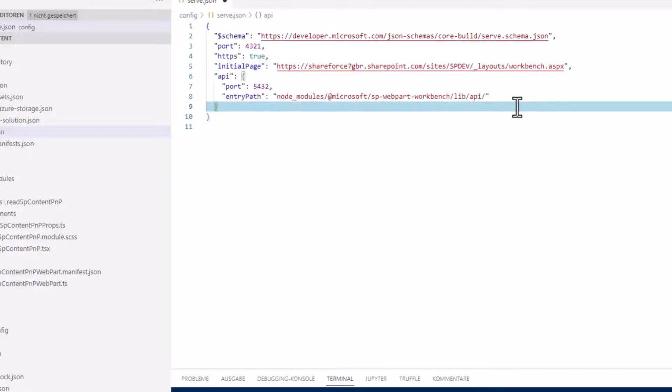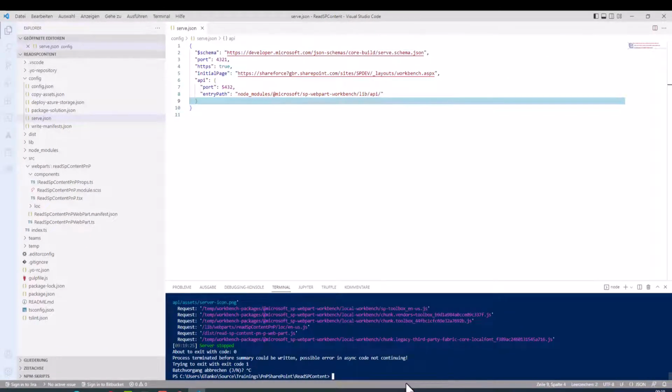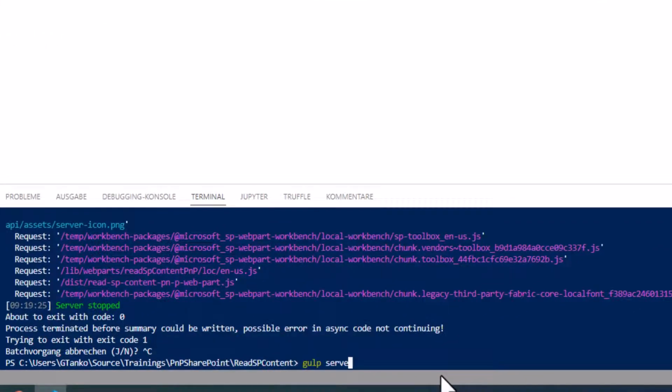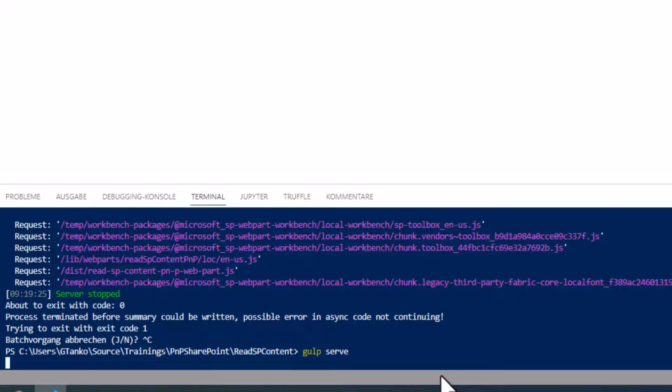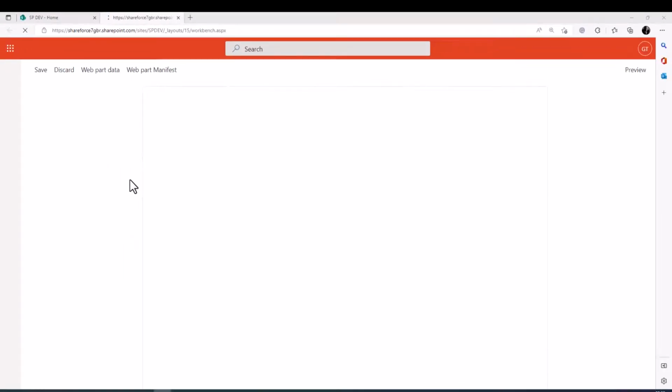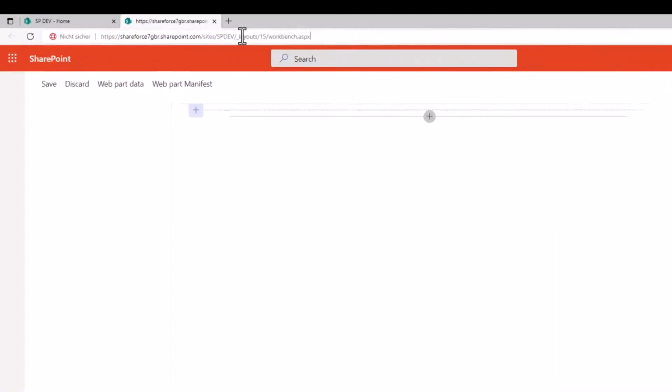Yes, so when you enter this in the server JSON config, now when we save it and open again our terminal, we will then run again gulp serve to start a debug version of our app. And in this case, you will see that the application, our web part, will now run inside of the SharePoint environment, in the SharePoint application. The URL you see on the top, yes, the URL is now the URL of our SharePoint